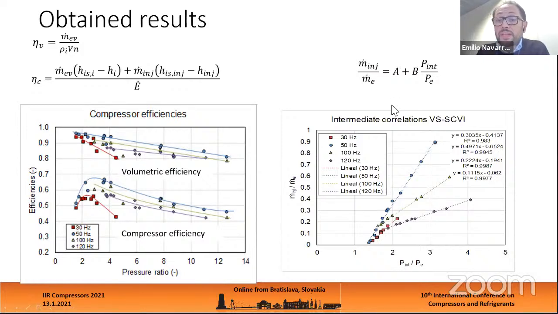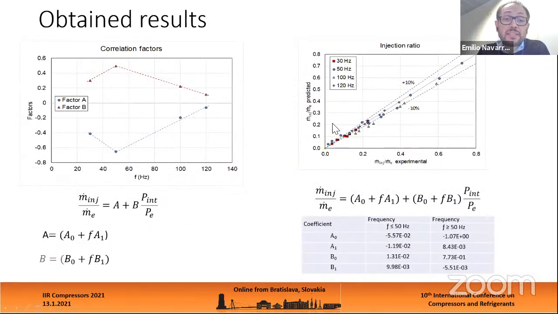We can see, when we check the validity of this correlation, that for each speed these correlations seem to reproduce properly the behavior of the compressor. But what we can observe from this representation is that the coefficients A and B depend on the compressor speed. Okay, so trying to go a little bit deeper in this analysis,